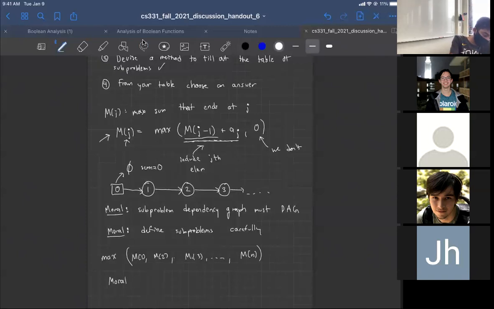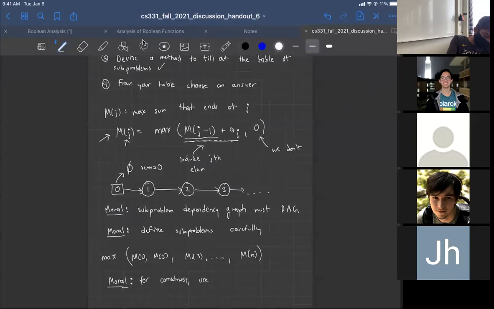There's a lot of morals today because dynamic programming is a very didactic subject. So the moral here is, for runtime... well, let's talk about correctness first. How can you argue this is correct? We just claimed that we had a recurrence relation and we filled things out in order, and we proved that we never really look at something that hasn't been solved yet. How do we argue that the thing is correct? Well, how do you argue the correctness of a recurrence relation? You build it up, right? Induction, yes. Michael is correct. You use induction. Okay, so for correctness,